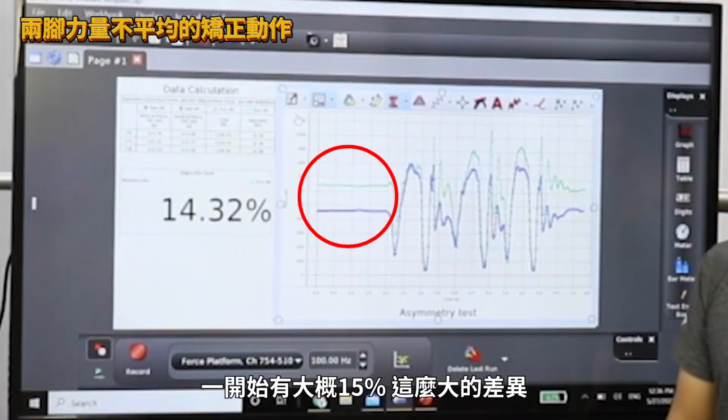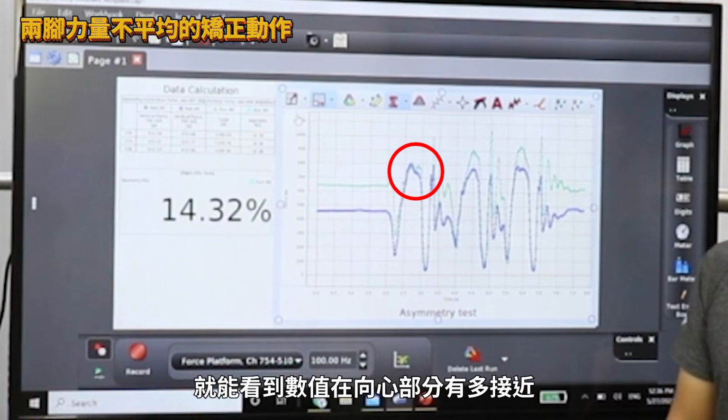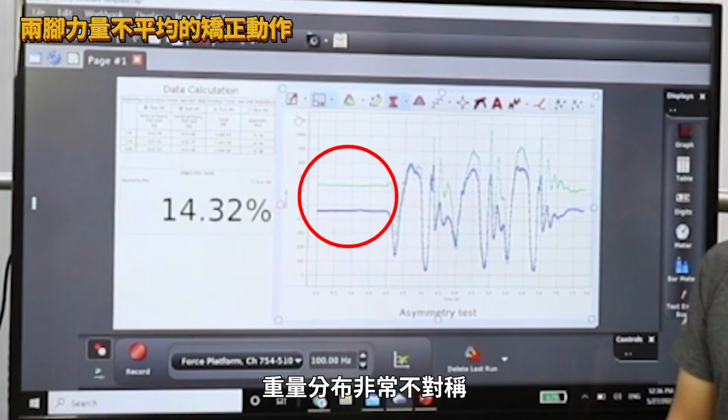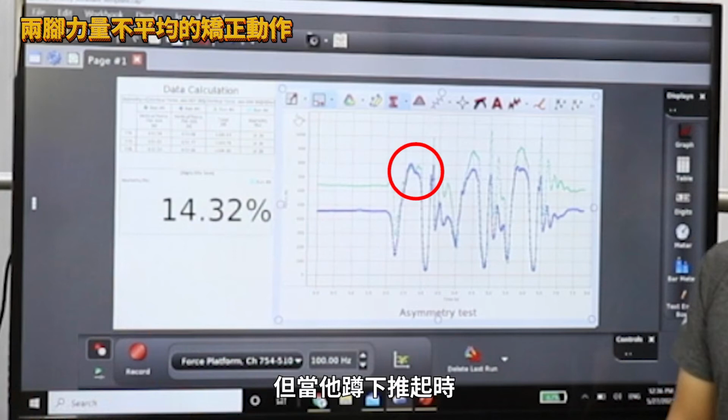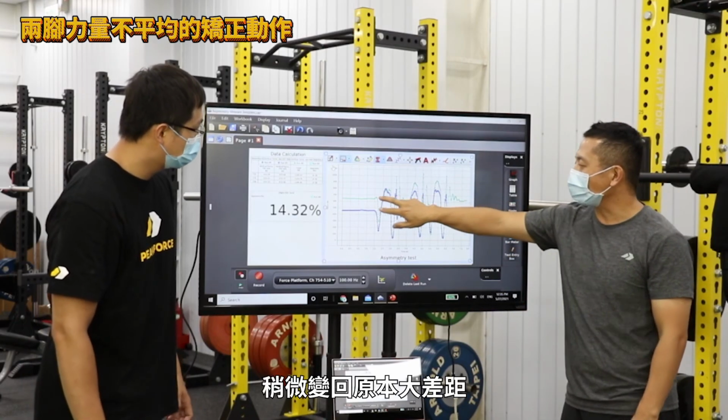If you have this much difference in the beginning, about 15% difference, but when he dips down to push off, if you can see this spot right here, you can see how close the value is on a concentric push portion. 所以可以看到这个图的部分哦。当我在做这个快速动作的时候呢，它的差距呢，尤其是在向心的时候，它反而是变小的部分。So the first repetition, he's actually very asymmetrical as far as the weight distribution goes, but when he squats down and pushes off, it becomes really close to each other. 好，所以尤其是在第一下的时候，可以看到我一开始静态的时候，它的差距是蛮大的。那可是当我在做第一下的向心动作的时候，它两边的差距反而是接近平均的这样子。